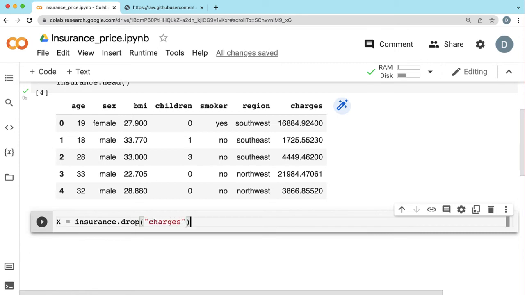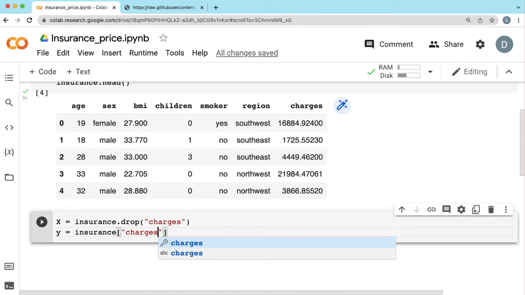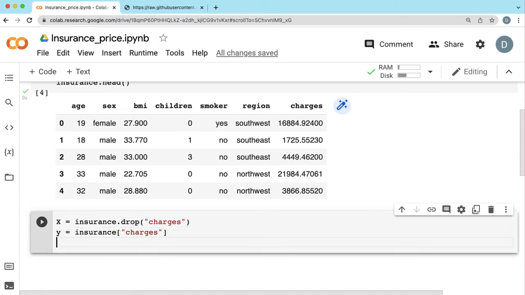That's what x is. And y is only charges, insurance charges. So y is another data frame, x is another data frame, right? So now if I print x dot head,